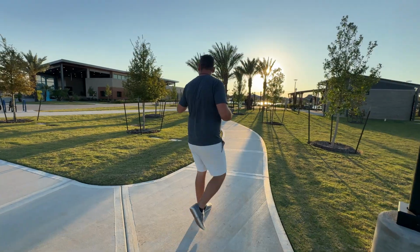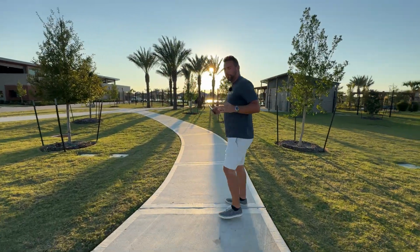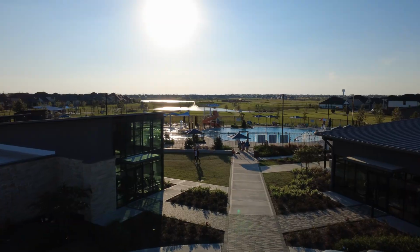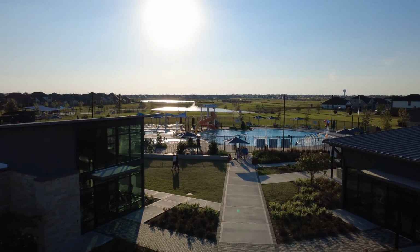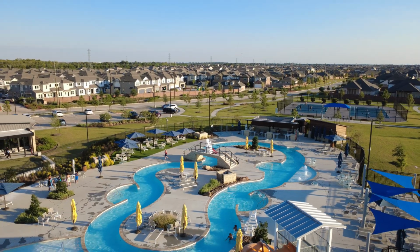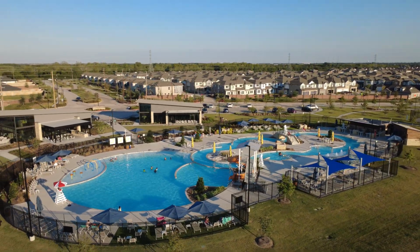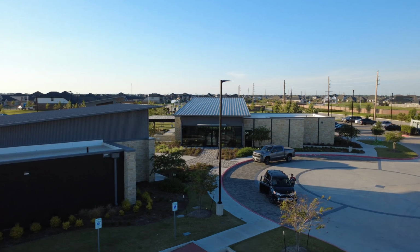Now let's talk about another thing called the Retreat. Now the Retreat is another amenity center. There are two major amenity centers here in Sunterra. We just talked about Soul, so let's talk about the Retreat. The Retreat has a resort style lazy river with a pool, a clubhouse, a